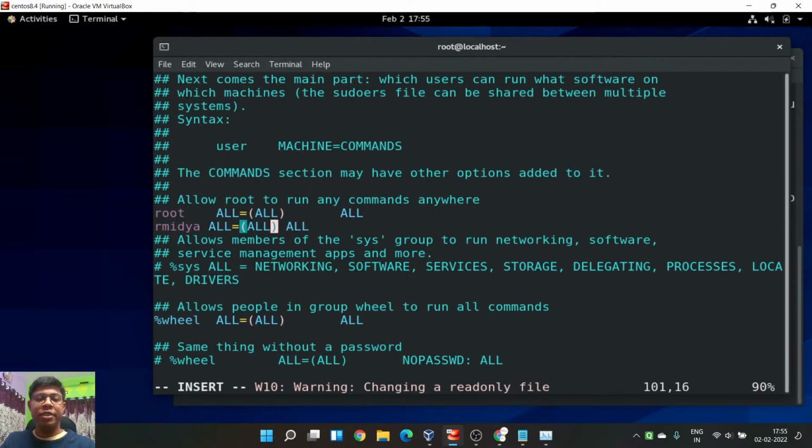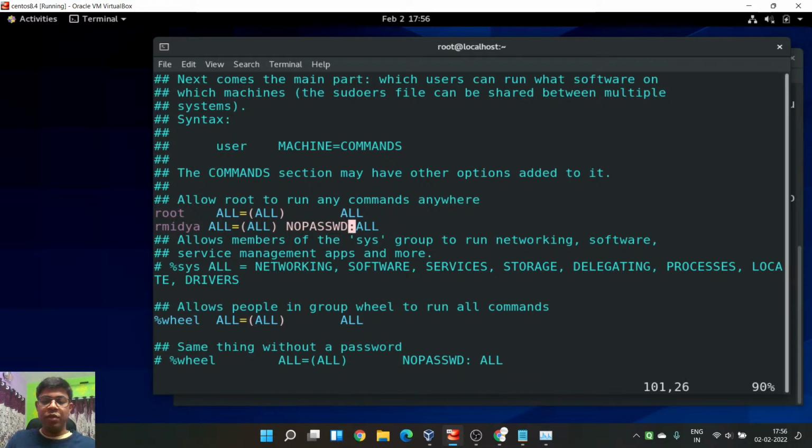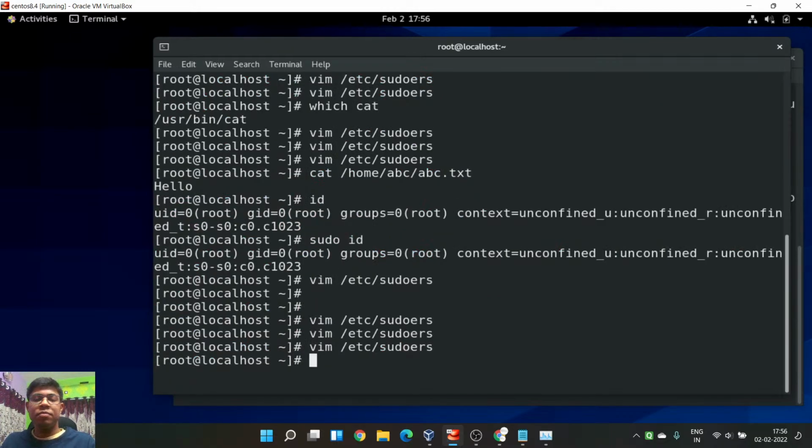So let me allow all, and here if I type NOPASSWD, then colon. Remember this symbol. Then if I press escape, then colon wq, and then exclamation, and press enter.